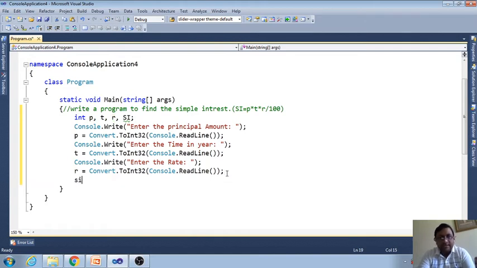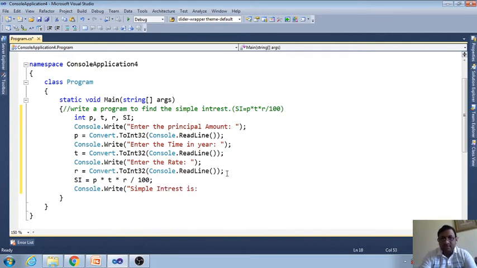And then SI equal to P into T into R by 100. It will calculate, and we will print the result. Console.Write, simple interest is what?